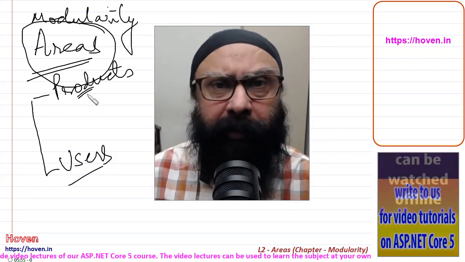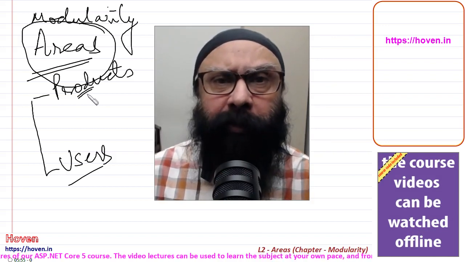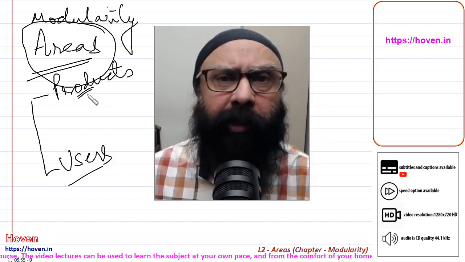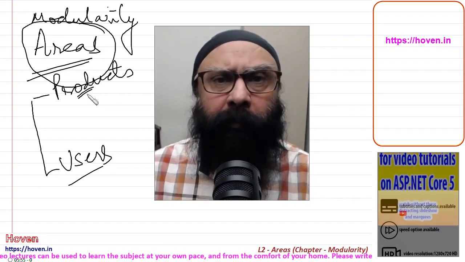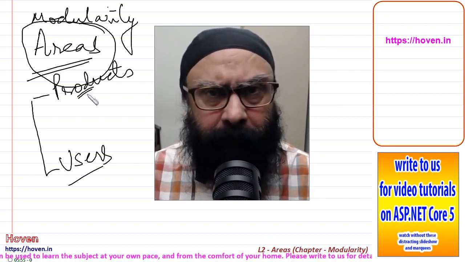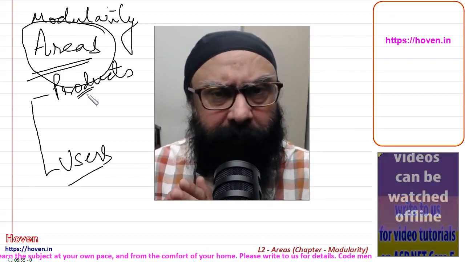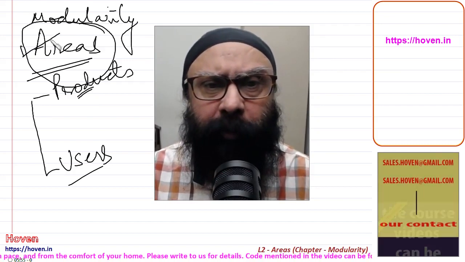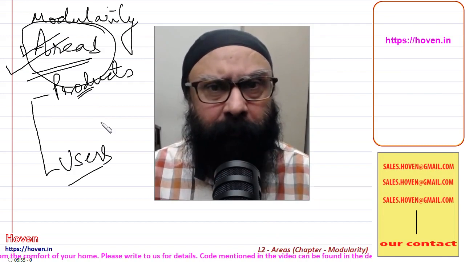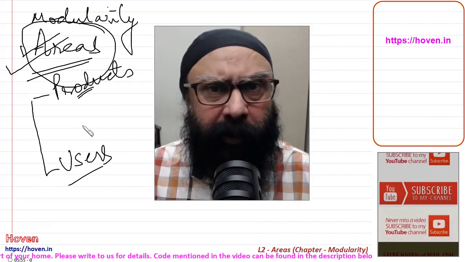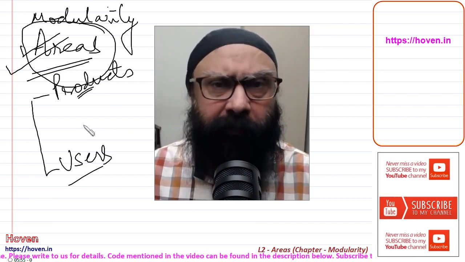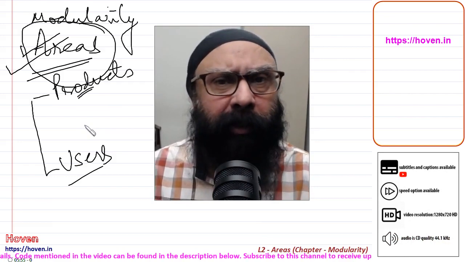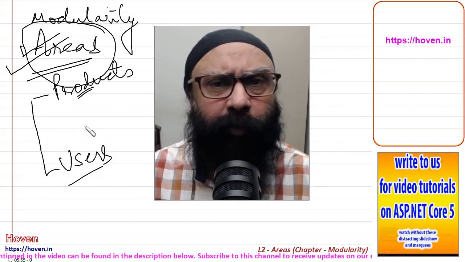We can think of it like that: if you have one website and in it you want to create separate websites without creating a different subdomain or taking a different domain, you are having two different purposes in the same website. For that you will use the concept of areas to partition your website into two manageable areas where different teams of developers can work. But it will run in the same domain or the same subdomain, whatever you have kept.